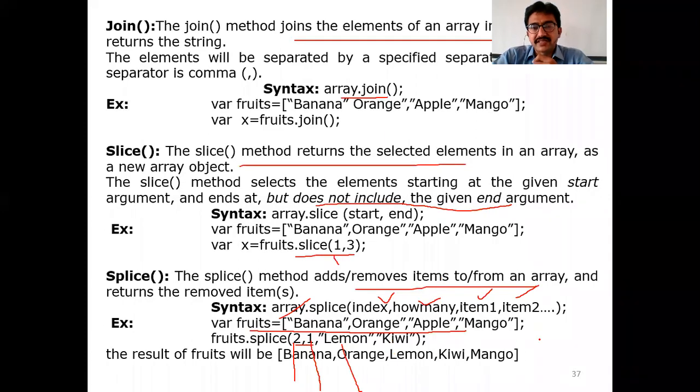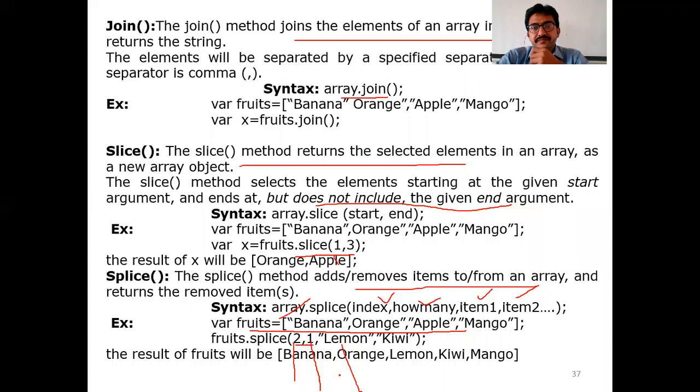Banana, orange is there, and at the second position it is adding lemon, followed by kiwi and mango. So in the place of the second position, that is apple, it is replaced with lemon, kiwi. At the second index, it is adding one element, that is lemon, followed by kiwi.